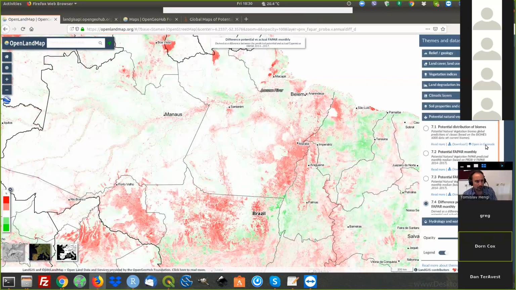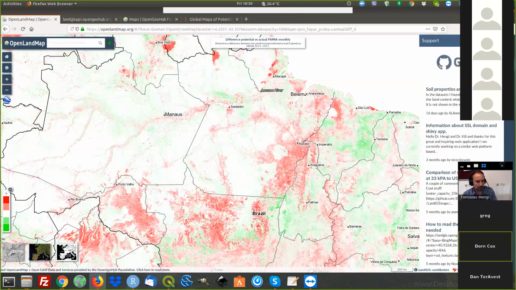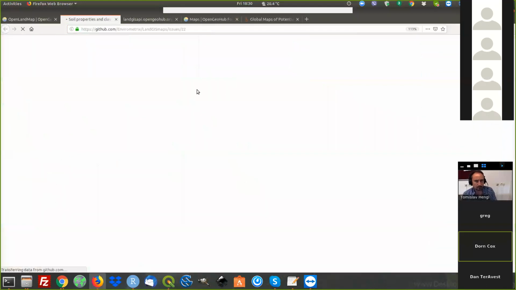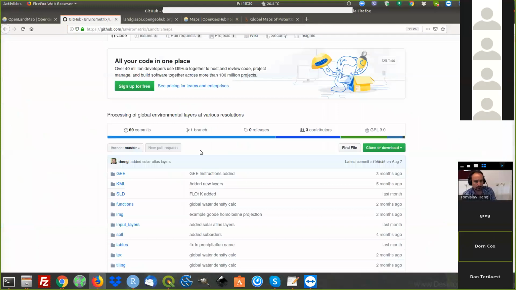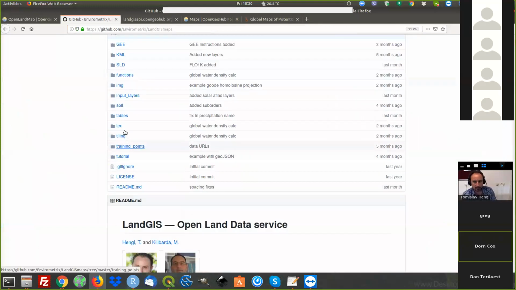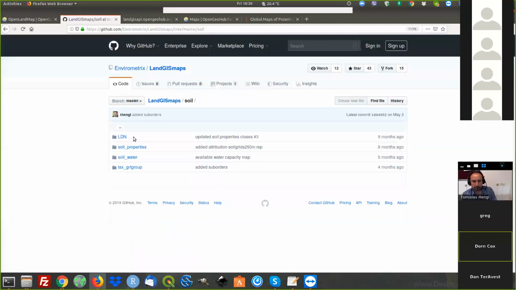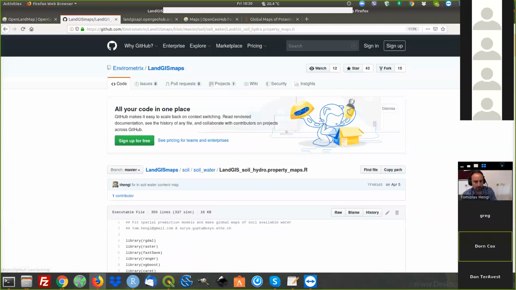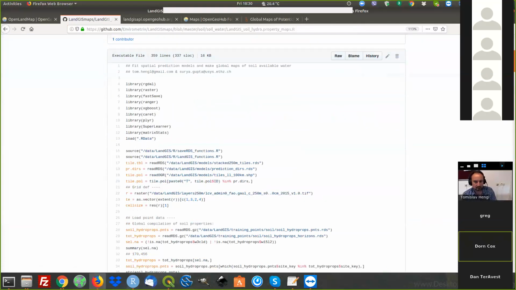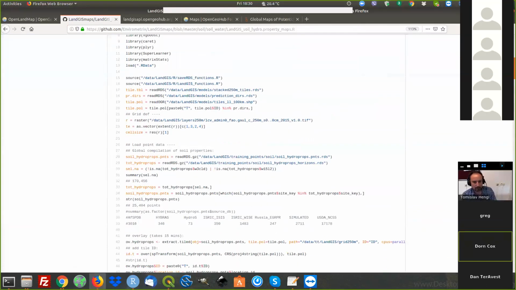What else I want to tell you? Yes, we also develop everything on GitHub. So you can see that people ask questions, and all the code is exposed. If you want to see how the soil maps are made, you just go to, for example, soil, and there's code that explains how the predictions are made. This is our code. I'm not going to go through that, but just to give you an idea,